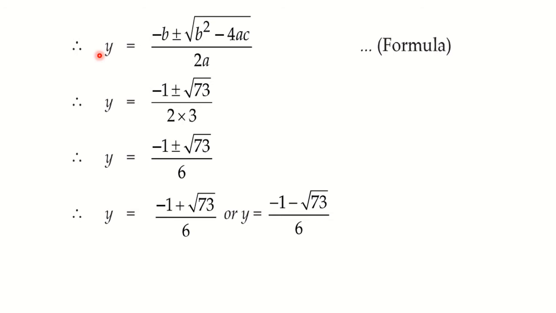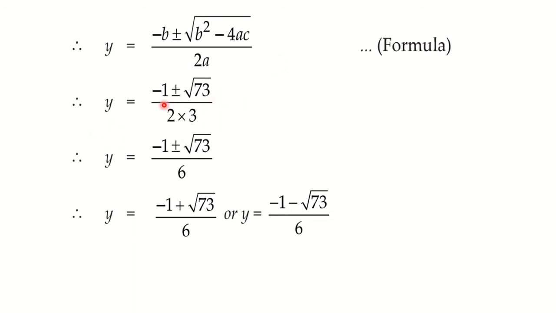Since the variable is y here, we write y is equal to minus b plus or minus under root b square minus 4ac upon 2a. So put the values. This minus sign as it is, value of b is 1, plus or minus under root 73, because this value we have already found out. So directly you can put it here. If you are not finding it earlier and you are putting it directly here, then you need to go on doing calculations in every step and unnecessary steps will increase. So better find this b square minus 4ac in the beginning only.